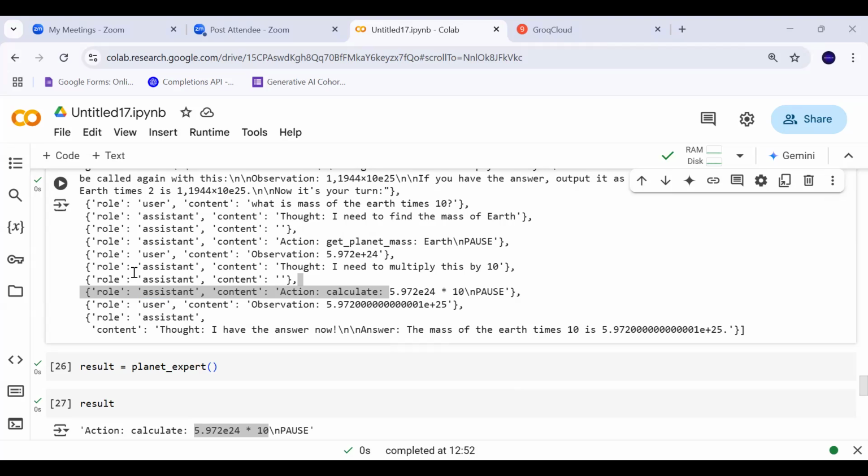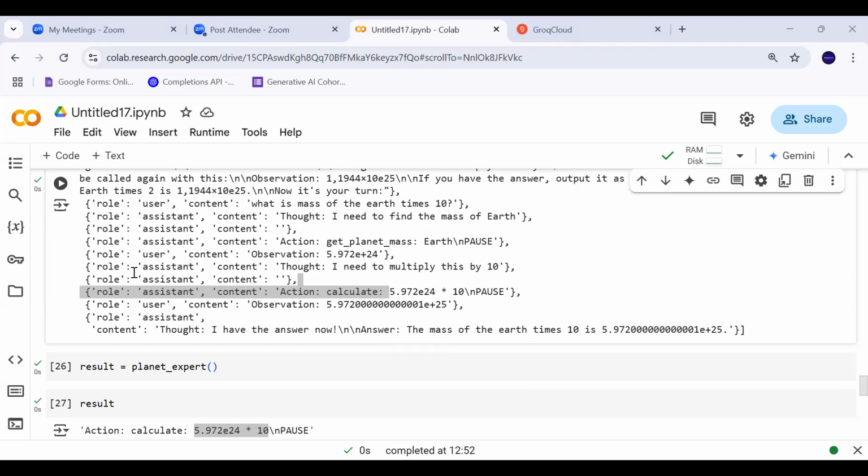Is this the standard template that works with all the models? Yeah, it's a template which you can take as inspiration and build your own prompts.